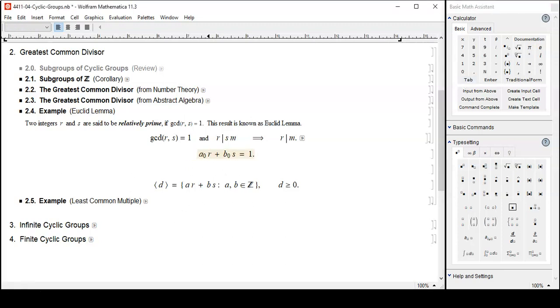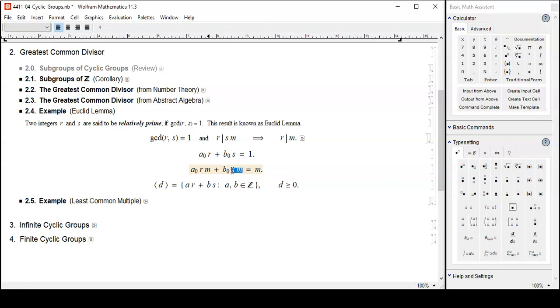From here, multiply M to both left-hand side and right-hand side. A0 RM plus B0 SM equals M. That's what I get. Okay. And then, please note that